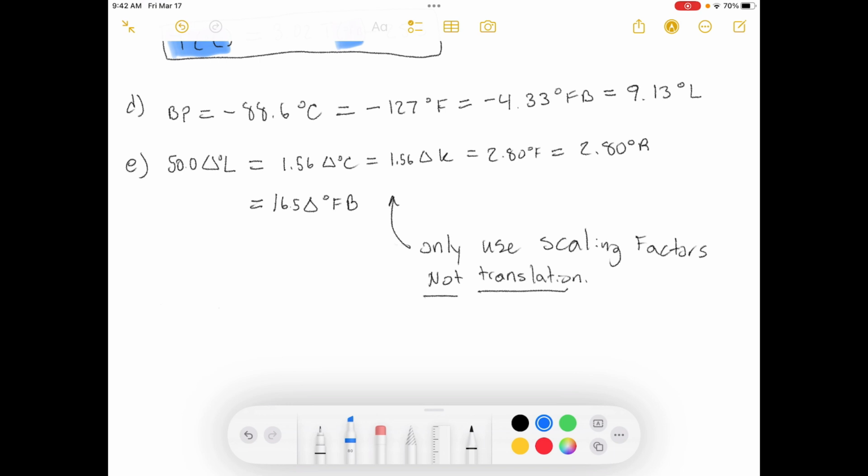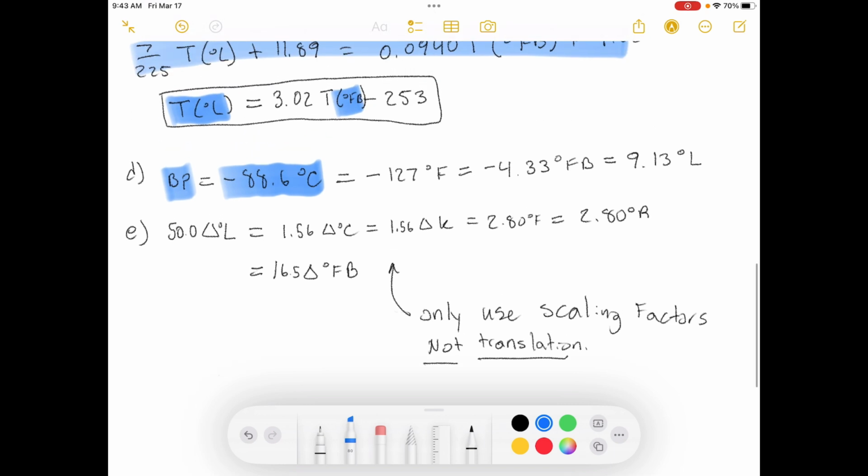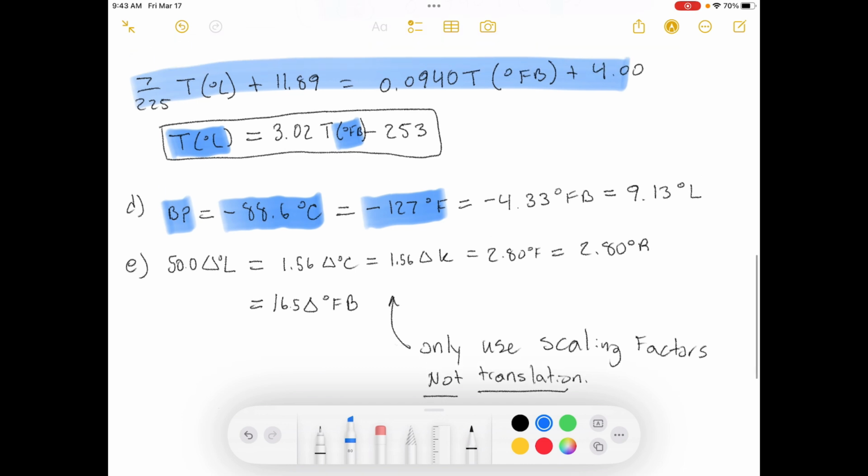Part D, what is the boiling point of ethane at 1 atmosphere in Fahrenheit, Kelvin, Rankine, Farblungit, and Louis? Okay, so the boiling point, just look it up in the back of the book, is minus 88.6 degrees Celsius. Okay, we just use our normal conversion factor. I already wrote it earlier, so you should be familiar with how that works, and just plug it in and you get Fahrenheit. Then you do the same thing with our Farblungit equation that we already had, and then you convert it into Louis using the one that we already derived as well.